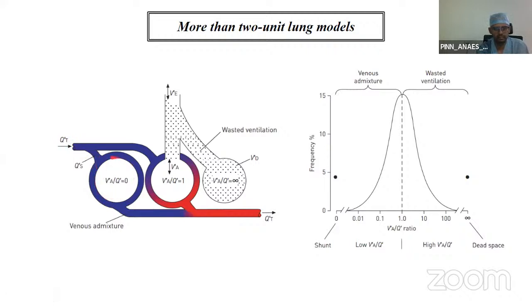So this unit is with perfusion but no ventilation. This is with ventilation but no perfusion. So the VQ ratio here is infinity and here is 1. This unit without ventilation is also called shunt or venous admixture, while this unit with ventilation but without perfusion is also called wasted ventilation. This is a normal unit. In normal individuals, the VQ ratios usually lie between 0.3 and 2, and form a bell-shaped curve. To the left, we have the shunt or the venous admixture, and to the right, we have wasted ventilation or dead space ventilation.